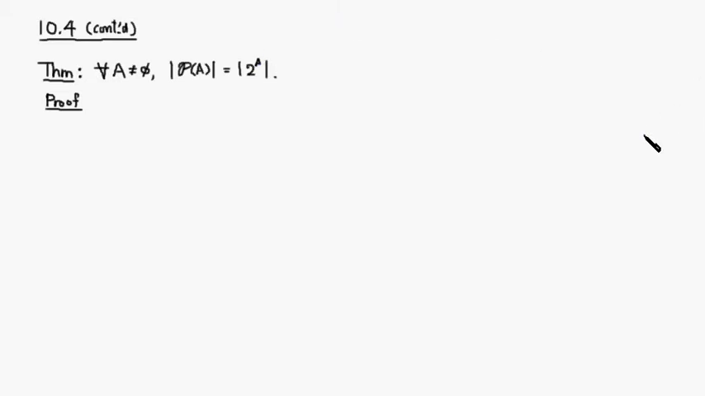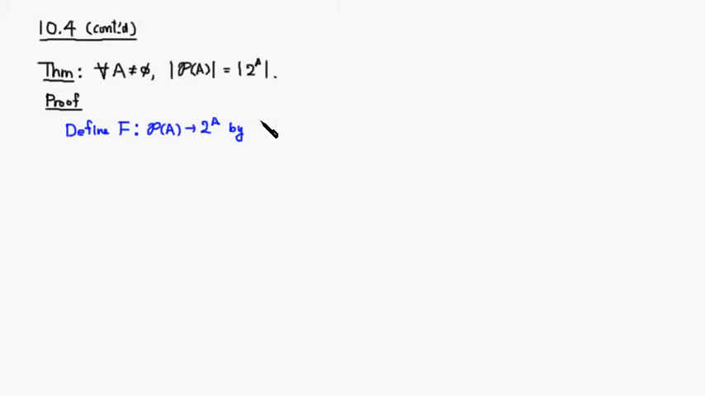In order to do that, we have to come up with a one-to-one onto function from the power set of A to 2 to the A. So let's define it this way. Define a function, let's call it the capital F, from the power set of A to 2 to the A by